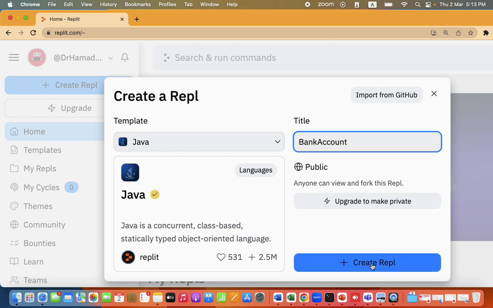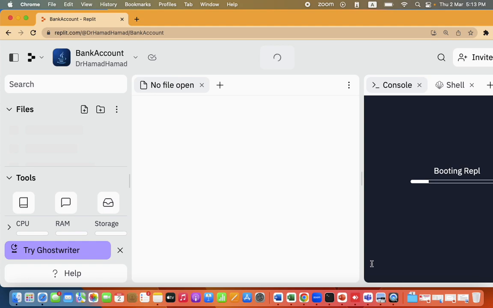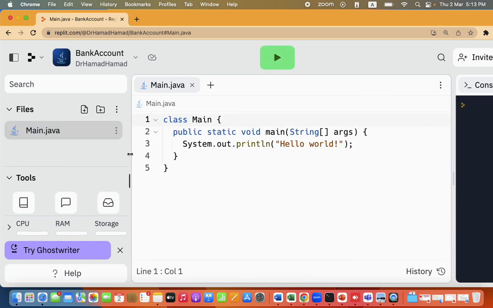This will be a very interesting one. Now the good thing with Rebel, later I'll show you, there are some good things really with Rebel. Now when we create, we have a class there called main class. Leave the main class, we need to create another class. I'll click here, I'll call this bank